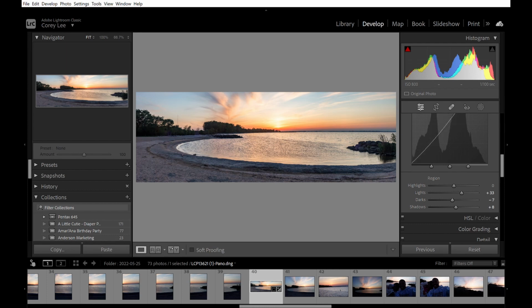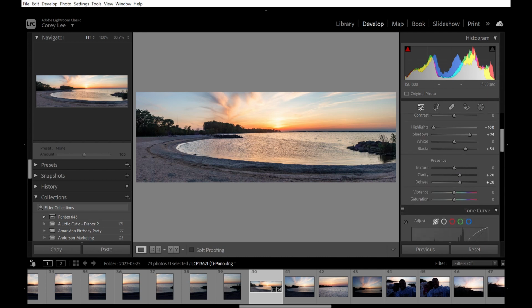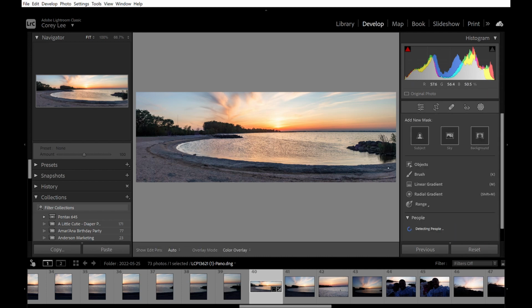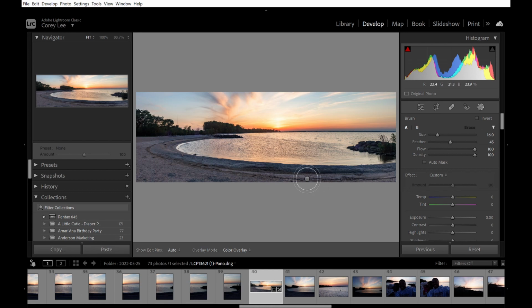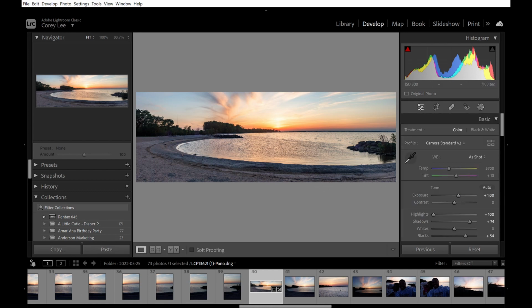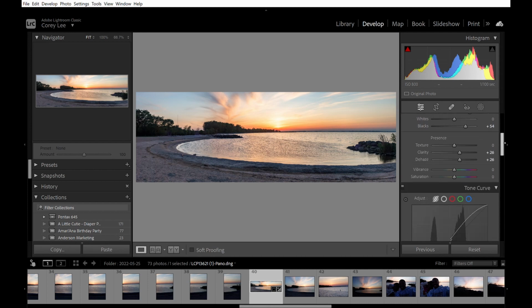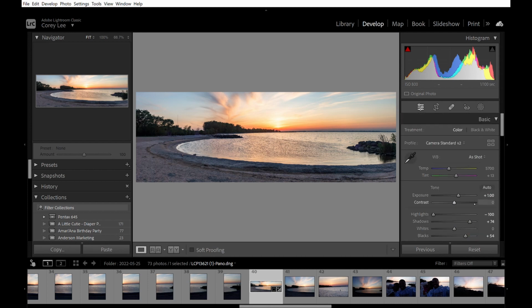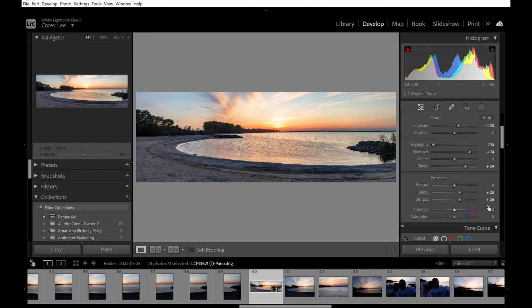I can show you a little bit more things that we can do to try to make this image look better, such as pulling out a brush and brushing the exposure on all of this. But I guess that's what you come to my one-on-one classes for, to learn how to do stuff like that. But other than that, yeah, we got a quick little sunset, a couple of them,